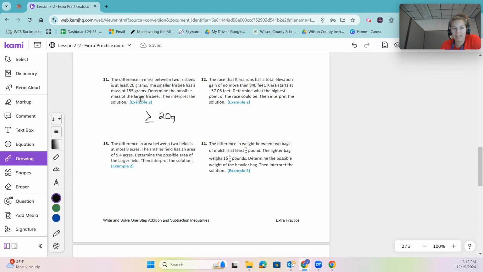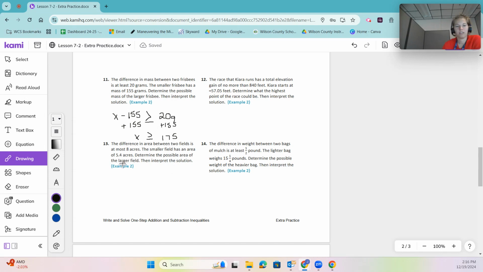Determine the possible mass of the larger frisbee. So x minus 155 needs to be greater than or equal to 20. The larger frisbee minus the smaller frisbee has to be bigger than 20 grams. So in this case, we are going to add the 155, doing our inverse operations, and that means x is greater than or equal to